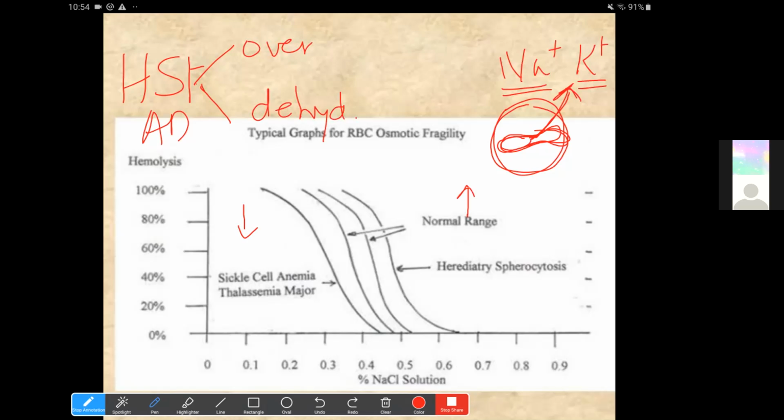MCHC. So the difference between the overhydrated and the dehydrated ones is that the MCV will be increased in both, but the MCHC, that is the mean corpuscular hemoglobin concentration, will be increased in the hereditary dehydrated one, and will be decreased in the overhydrated one. So when this stomatocyte becomes overhydrated,